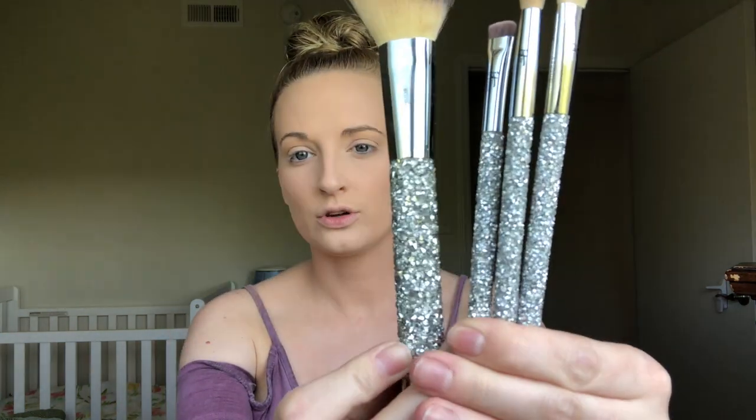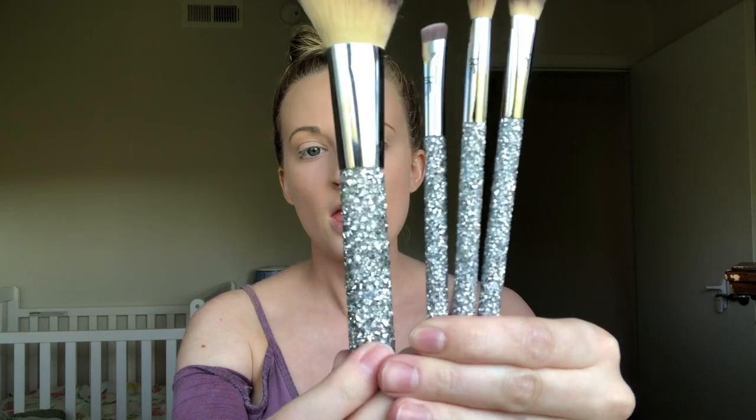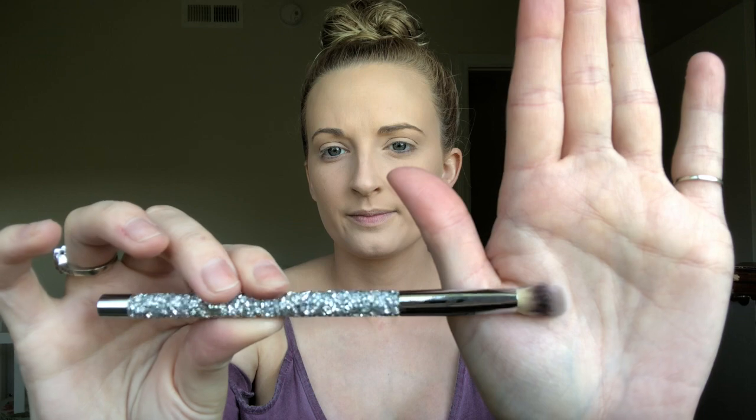I bought a set of brushes for myself with a gift card that I got from Ulta for Christmas. They are so pretty and sparkly, and they are obviously at Cosmetics. They're my fave once again, but I'm going to be using first the shadow brush, which is